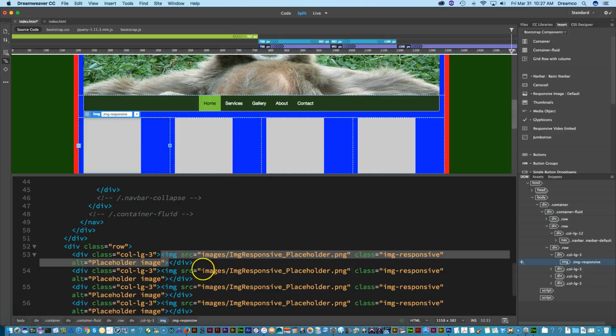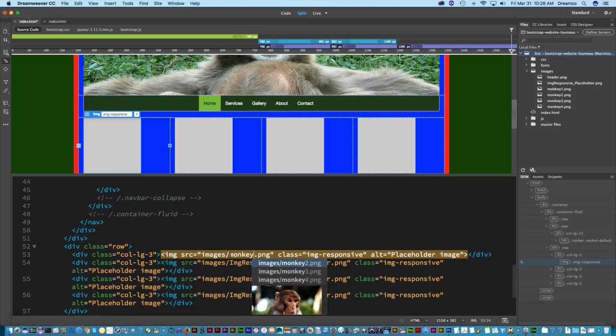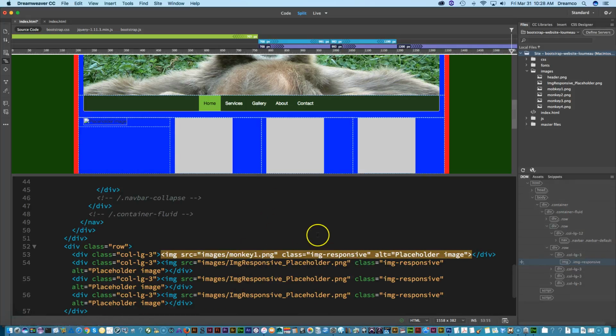as these gray images, right? Now what we have to do, like we did before, is replace the name of the placeholder image with the name of the image we want. So in this case, it would be monkey 1 at the beginning there. So I'll highlight this, put in monkey1.png,